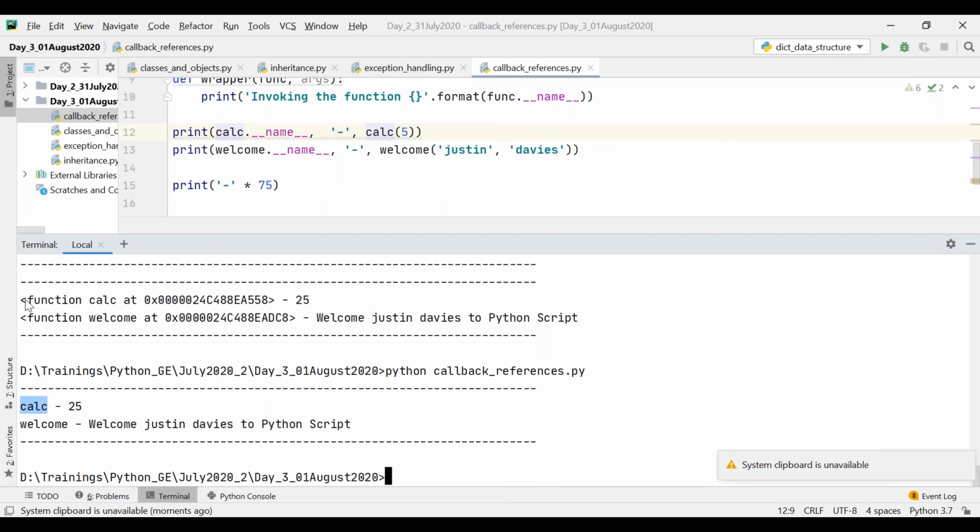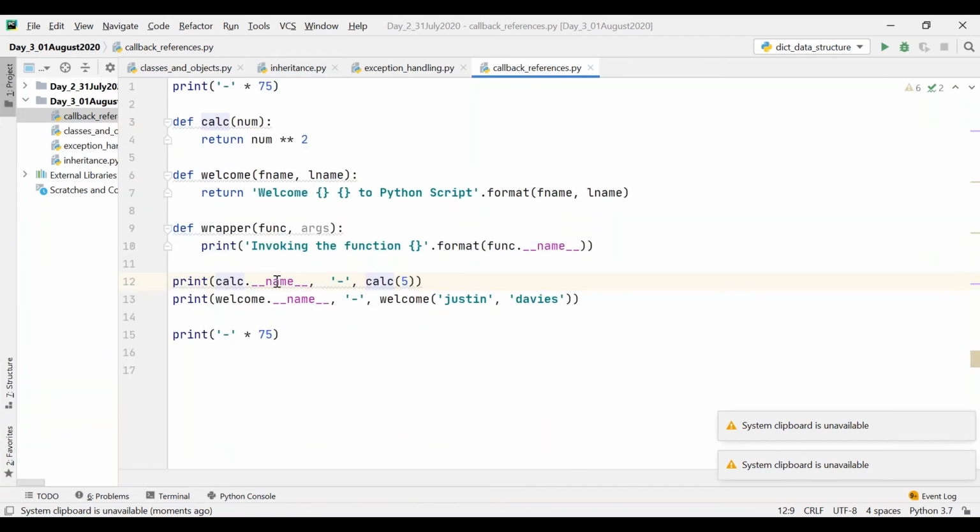You can see the difference between this output and this output, right? Here I am printing the reference, but here I am just printing the name of the function. So function reference dot name gives you the name of the function.